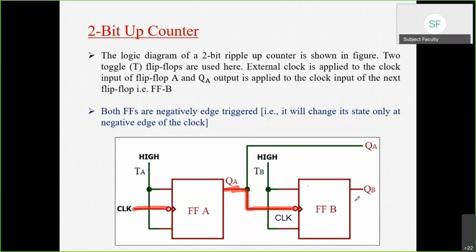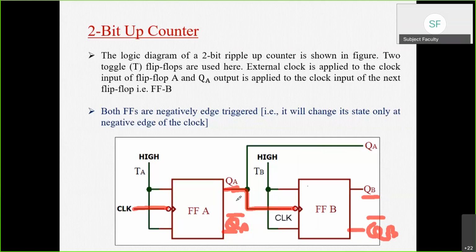Similarly, flip-flop B will have output as Q suffix B. Here we have not shown the second output because we already know that whatever the output QA is, the second output will be its complement only. Anyway, you can denote it as QA bar like this, and again this output will be QB bar. But in this circuit diagram, there is actually no need, so that's why it is not shown, but it will be there. I hope you have understood this circuit.